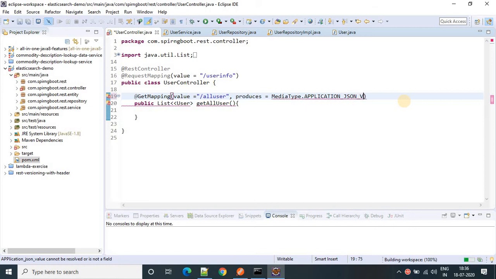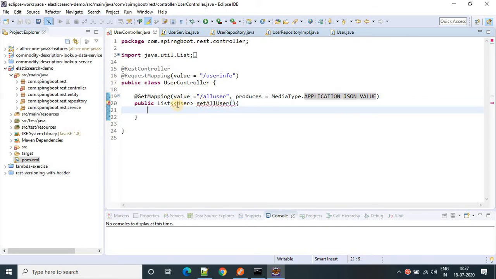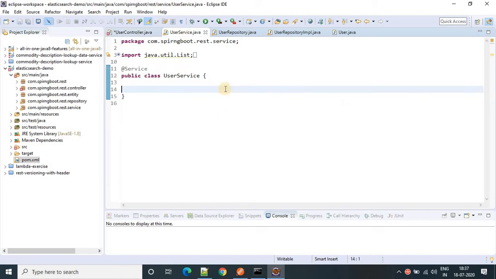JSON value. Okay, and we'll call the service class. So return, we have a service class here.